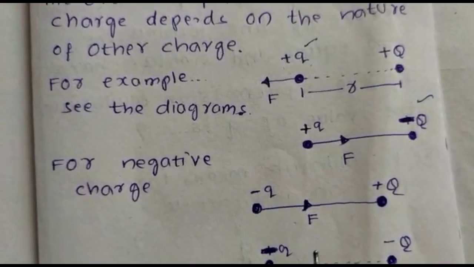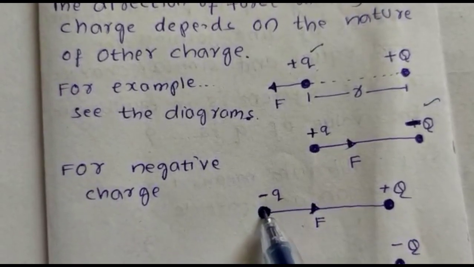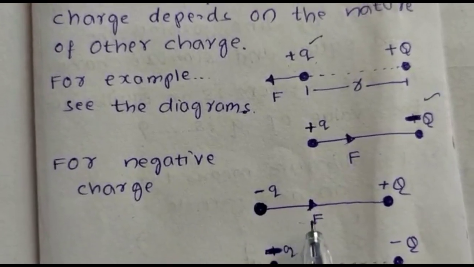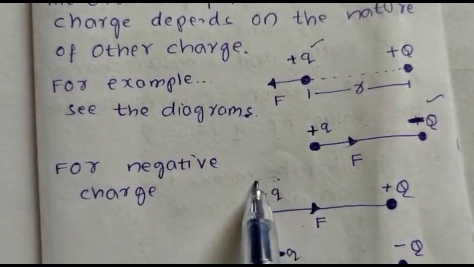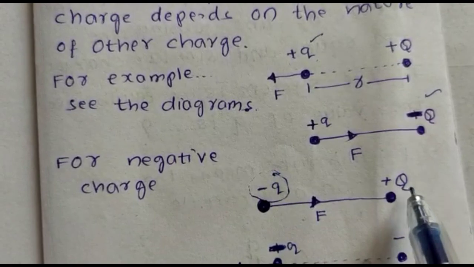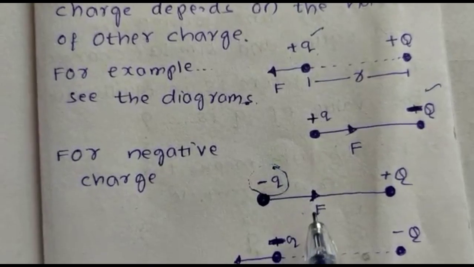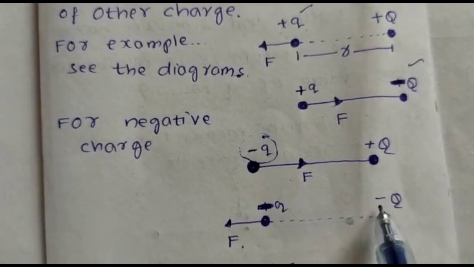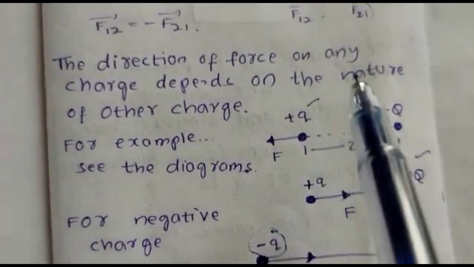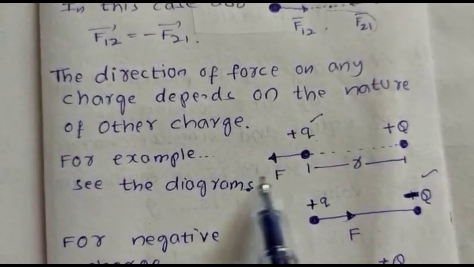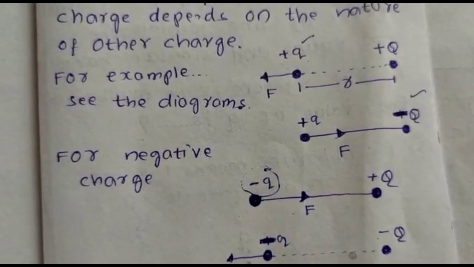Here one more point you keep in mind. On whichever charge we are calculating the force, on that charge only we have to indicate the direction of the force. Here we are calculating the force on the small minus q, not on the capital Q. Therefore, from this only we have to decide the direction of the force acting. For example, here the second charge is negative and our charge is also negative. Therefore, once again both are similar charges. The force is always away, or repulsive, since these two charges are the same.